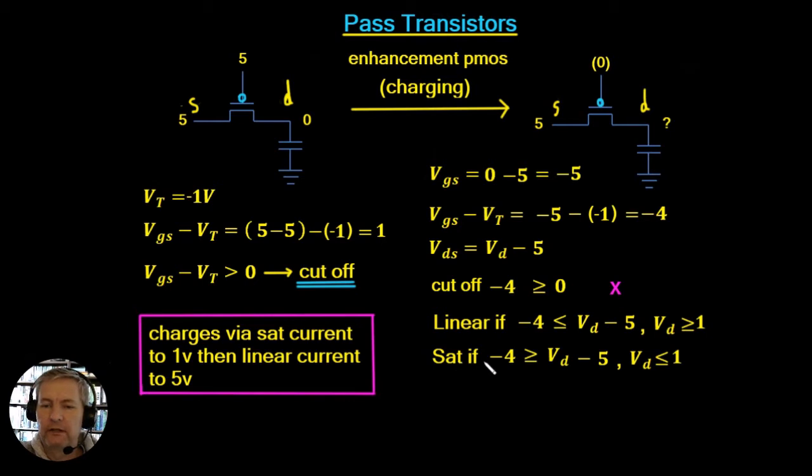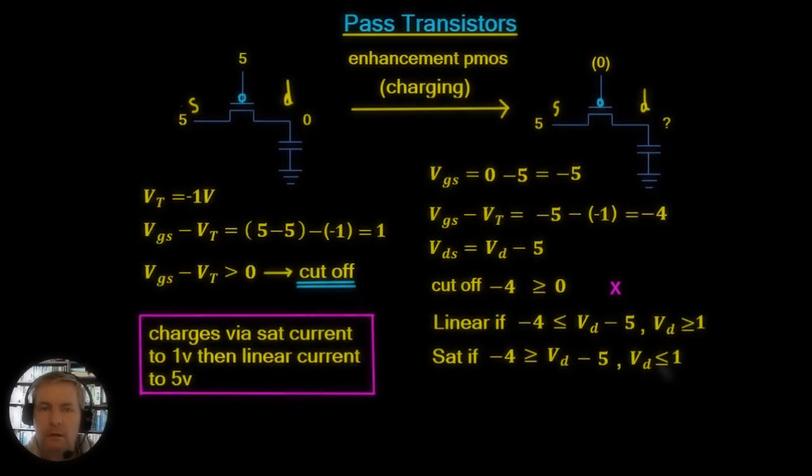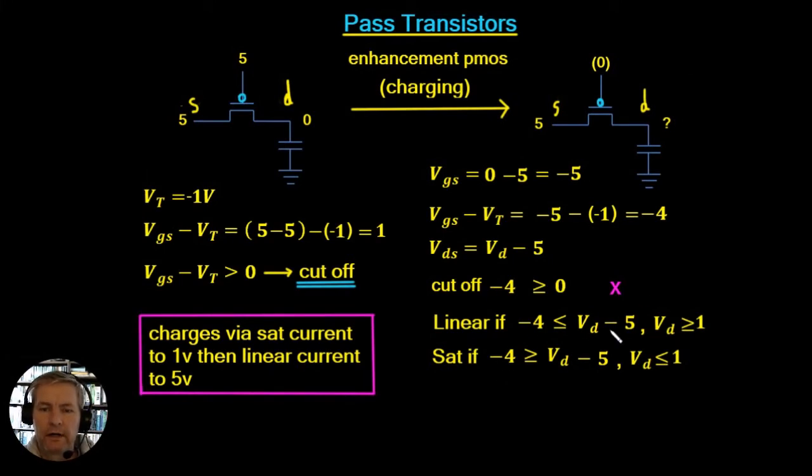It's going to be saturated if VGS minus VT is greater than or equal to VDS, so that's -4 is greater than or equal to VD minus 5. And again, we can transpose this equation, and that's true if VD is less than or equal to the value of 1. So finally we can summarise this by saying that the capacitor here is going to charge